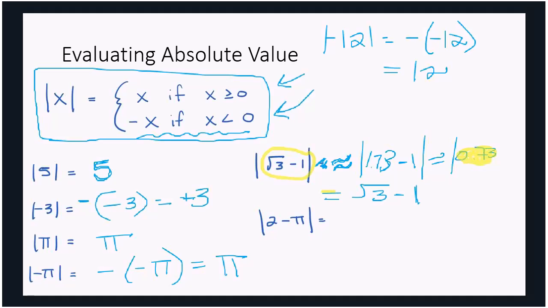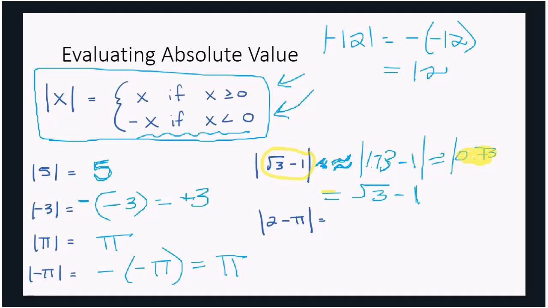And you might say, well, why did you go through all of that? Why did you find the approximate values inside the absolute value bars? The reason is that if I found that the number inside the absolute value bar was a negative, then it would change all of the signs inside the absolute value bars. In this example, it didn't change anything because the square root of 3 minus 1 gives me approximately 0.73, which is a positive number. Let's look at the next example where the approximate value of the number inside the absolute value bars is actually a negative number.